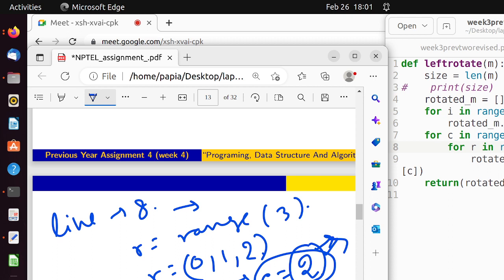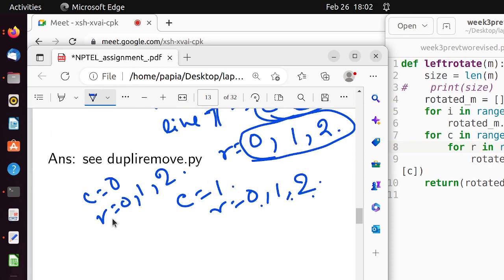Do you get the point? Nested for loop means what? Inside the for loop we are running that R value for the whole range. Now coming to line number 9. Why are we doing it like that? So in that line number 9,